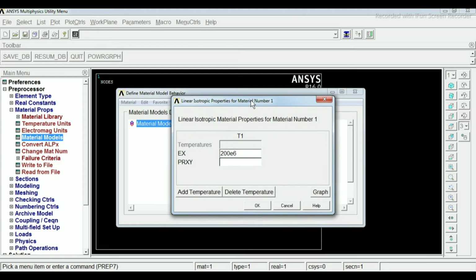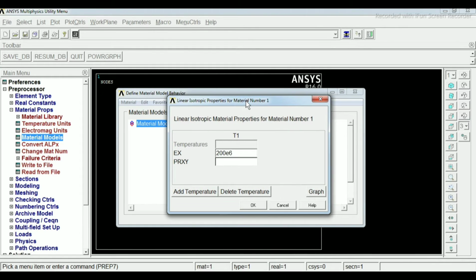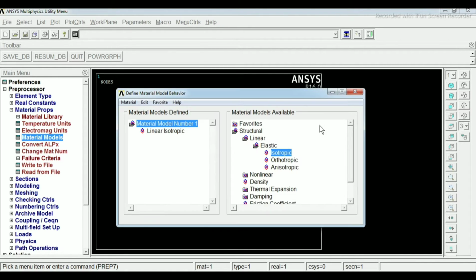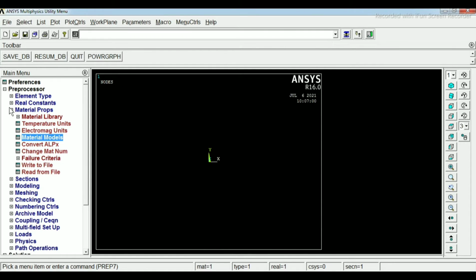In ANSYS we give the E value instead of writing 10 raised to 6, because we have to enter values in proper sequence, since ANSYS is dimensionless in units. Our Poisson ratio will be 0.3, and then click on OK. We have defined the material model.